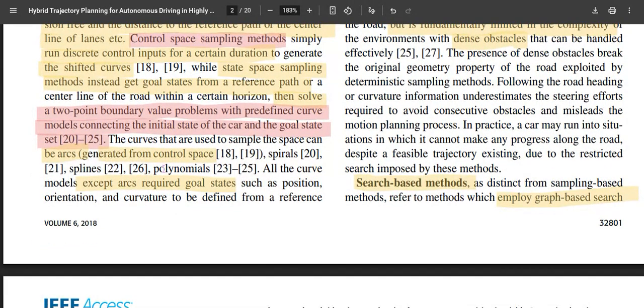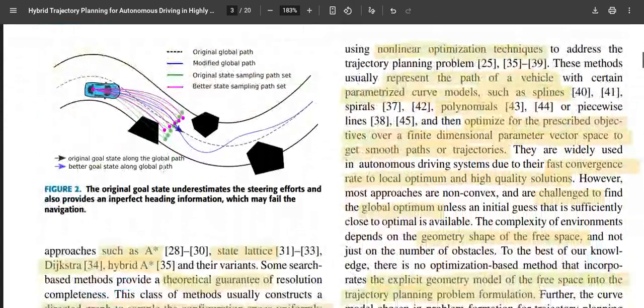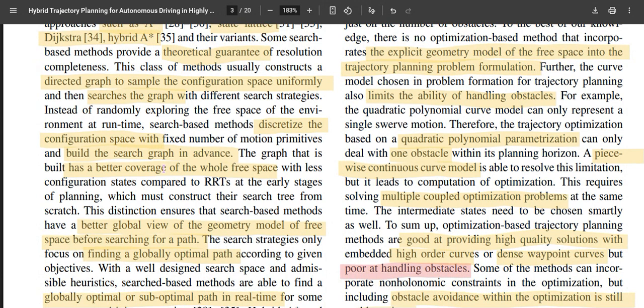The search based methods, as we would have seen, are like global path planning methods, like computing A star or state lattice methods or hybrid A star method. One good advantage is that it generates a grid at a single stage initially. Then from any node point, we can compute the shortest path to the goal point using the pre-built graph, which has directed connected